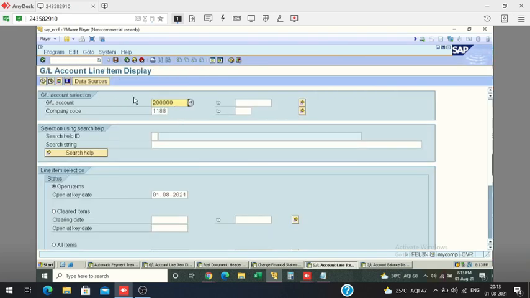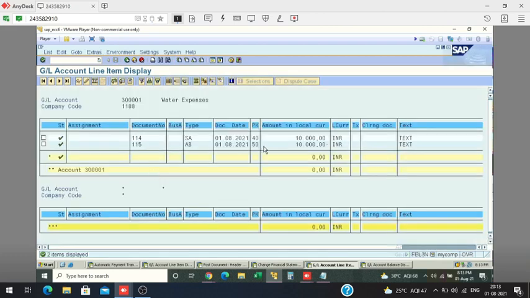Go to this water expenses GL and execute. See, one entry is posted, another is the reverse entry. Reverse document type AB. How did it get it?